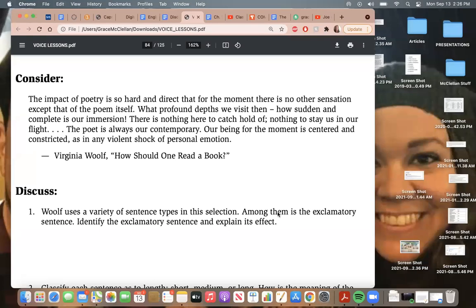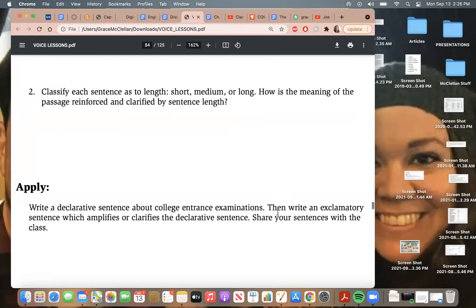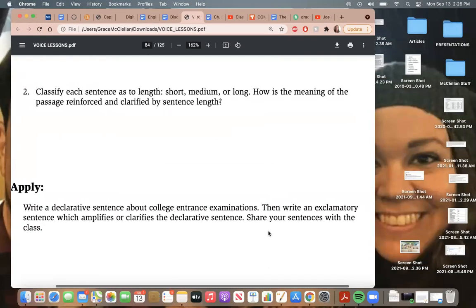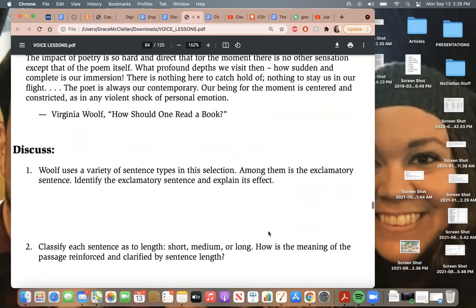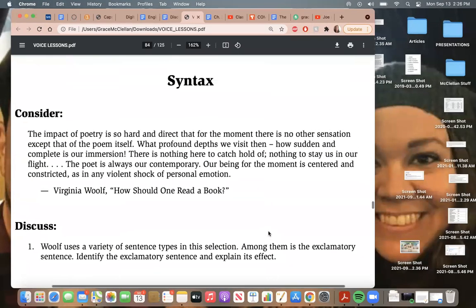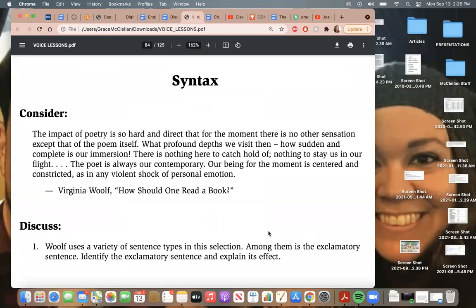Okay. So tomorrow we'll do a little bit more with exclamatory sentences. But I just want y'all to go ahead and start thinking about syntax and why you're choosing to form a sentence the way you are. Again, it's not a thing that we put a whole lot of thought into, but professional writers do. They do think about these things, and we might not be professional writers, but we are writers. We have to be because that's our job.